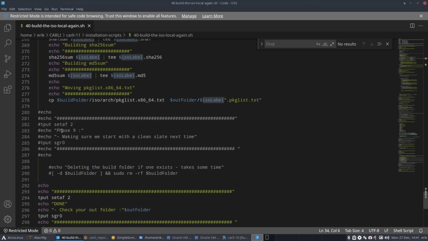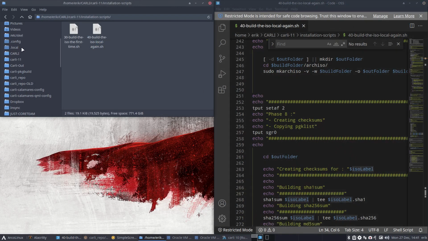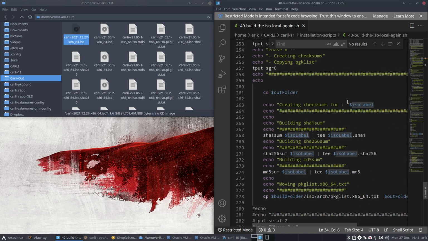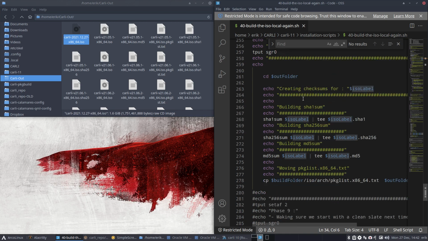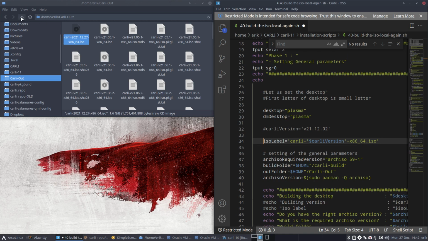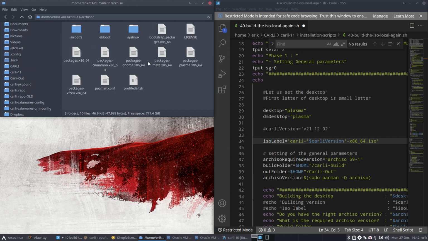Okay, how can we do that? What we need to do is do this here and then that there. That's the guy. So the ISO label, creating checksums for ISO label, ISO label, ISO label. So I need to have Carli with a date. ISO label is now Carli version. So if I get the date, if I get the date,